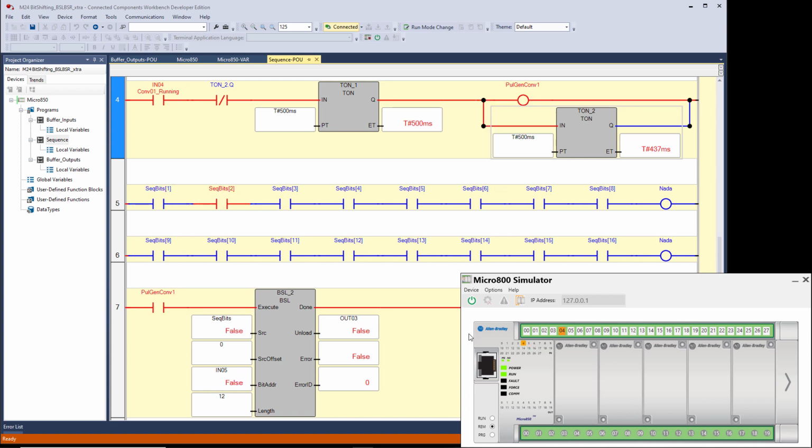Oh, I missed it. Try that again. Anyway, I just toggled 5 on and off, and you see there's no bits here moving. Okay, so that's a good example of how you might use a bit shift instruction to determine where objects are